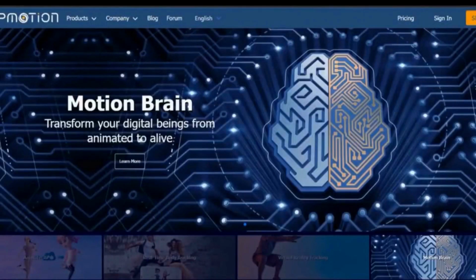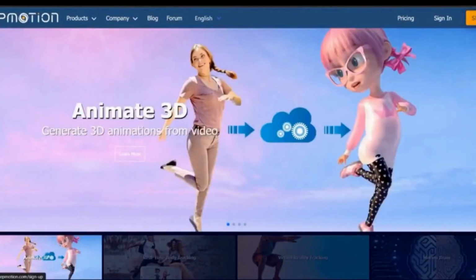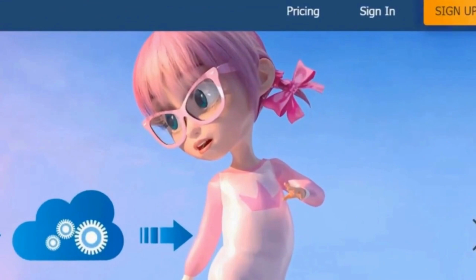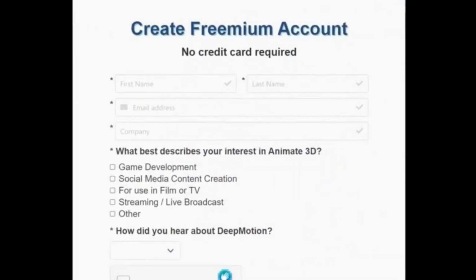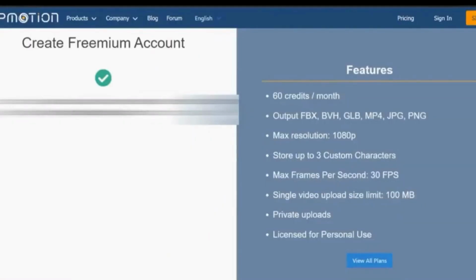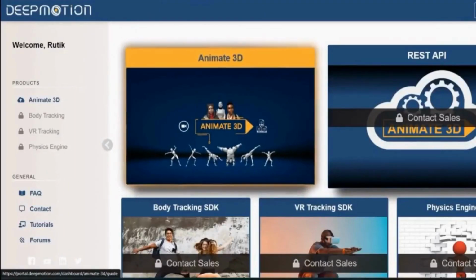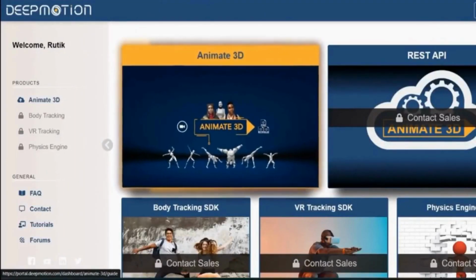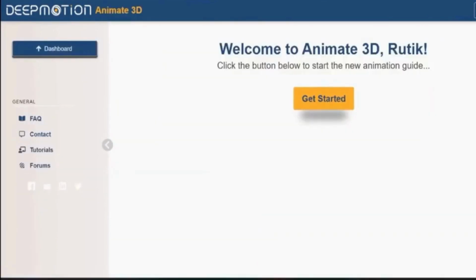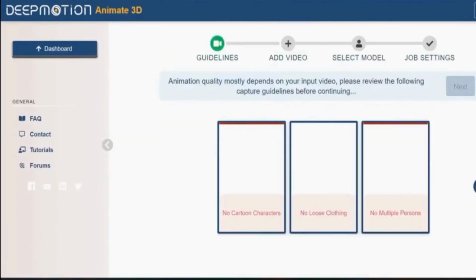To begin using the video to 3D animation converter, you need to create a Deep Motion account after sign up. Deep Motion AI, click on the Animate 3D menu. Click the Get Started button now. Click on the 3D Models menu in this